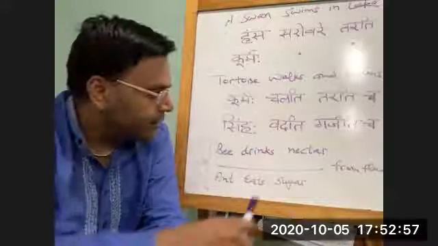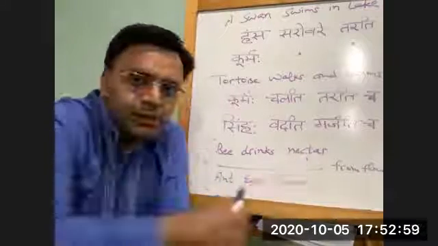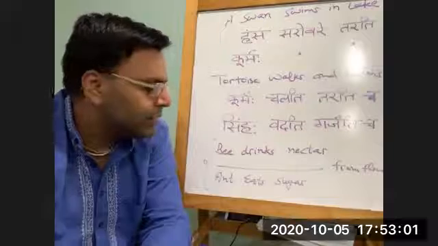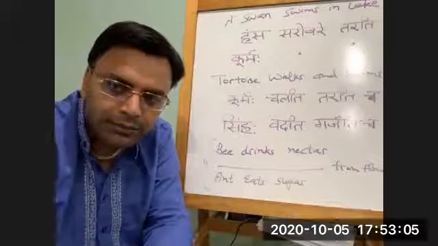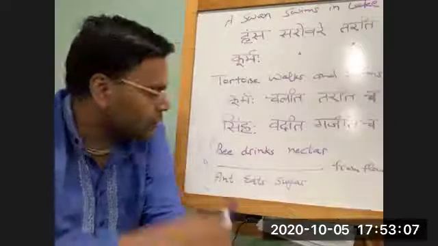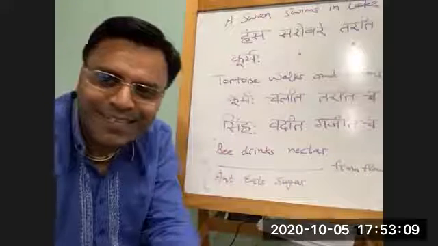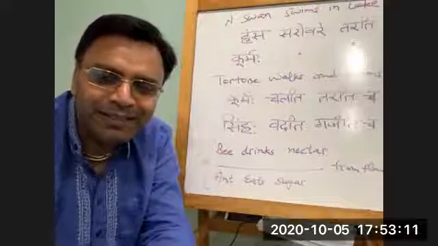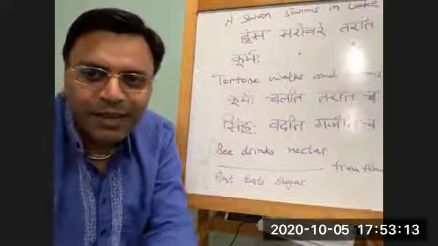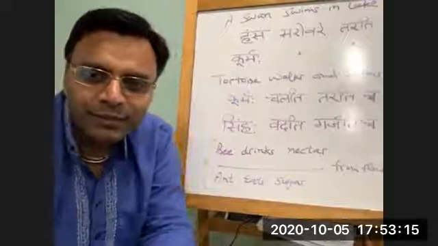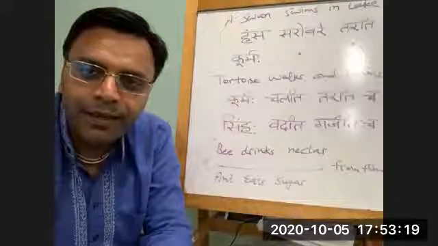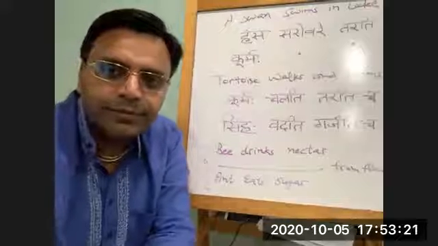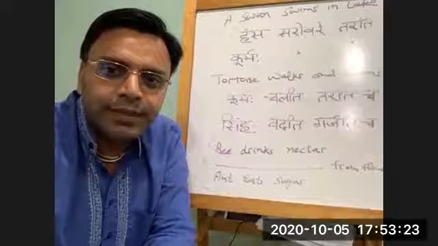Okay. Nectar is amrit, and sugar is sharkara. Sharkara. So now I told you all the words, so you can try to make the sentence. Okay, any other question? Otherwise, we will end the class here today. Yes, I see one